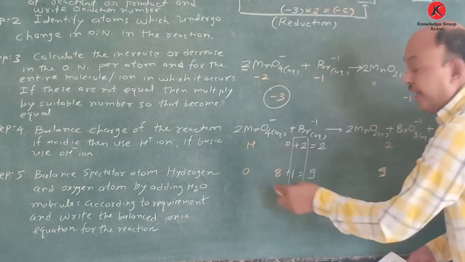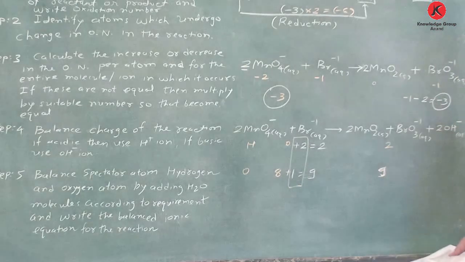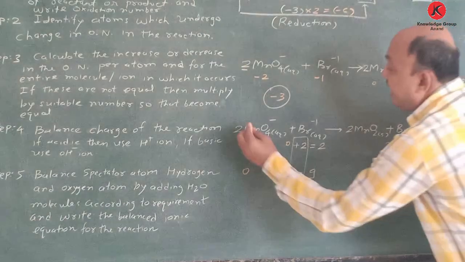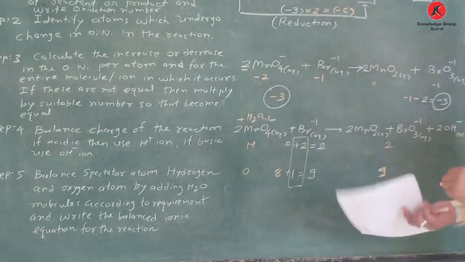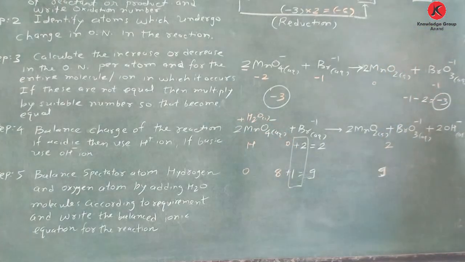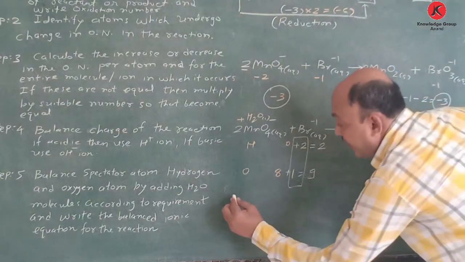So H2 and O, so H2O we have to add on which side? Reactant side, plus H2O liquid. So this is nothing but your balanced redox reaction. So once again you have to write